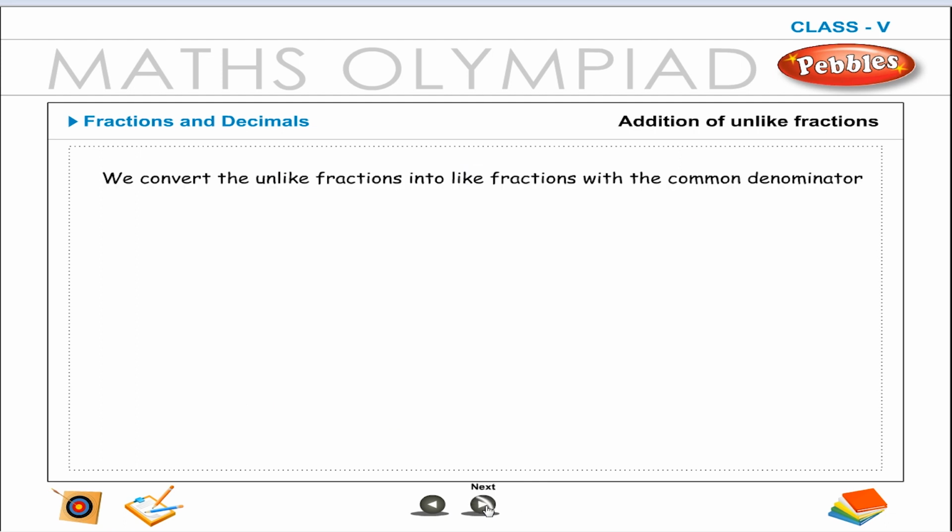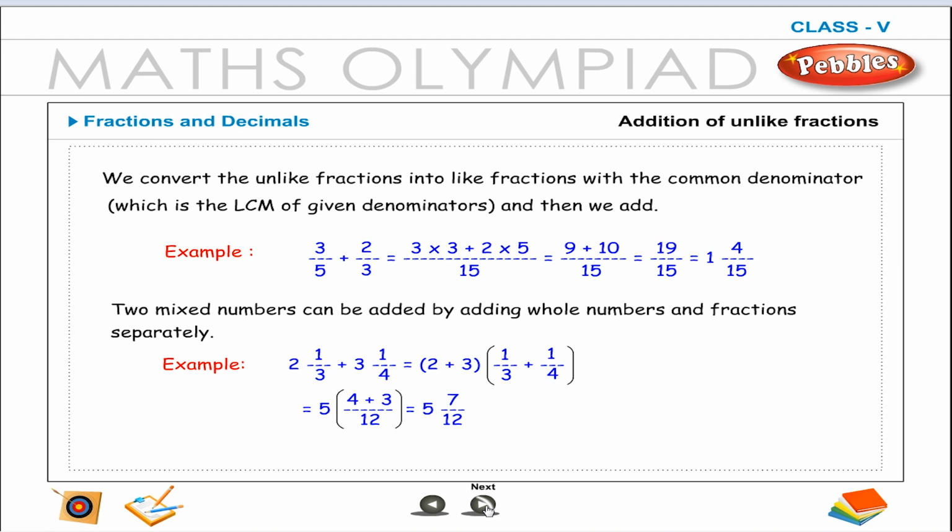Addition of unlike fractions. We convert the unlike fractions into like fractions with the common denominator, which is the LCM of given denominators, and then we add. Example, 3 by 5 plus 2 by 3 is equal to 3 into 3 plus 2 into 5 by 15, which is equal to 9 plus 10 by 15, which is equal to 19 by 15, which is equal to